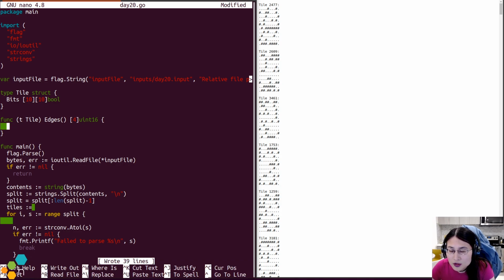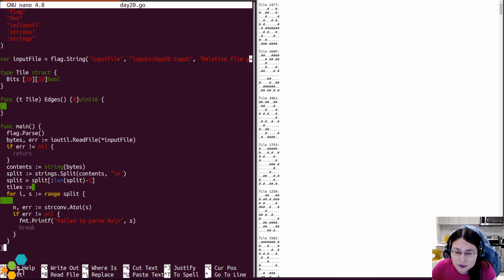Cool. All right, so how shall we think about this? So let's do this way. All right. First line of metadata describes the tile ID.